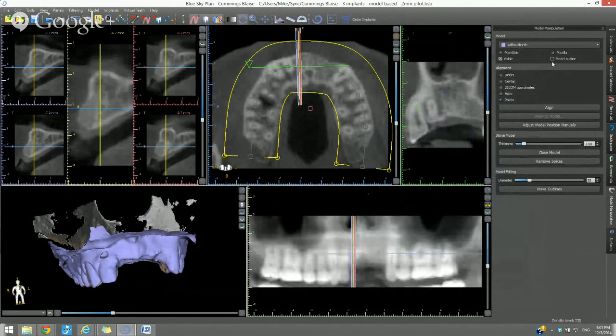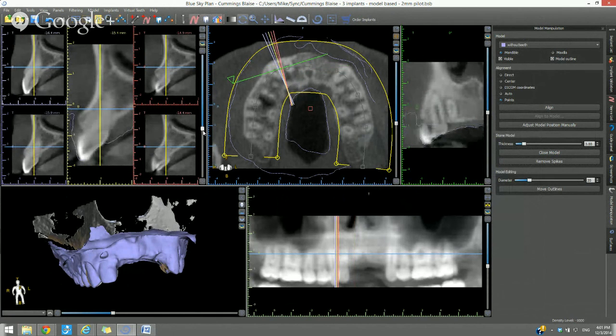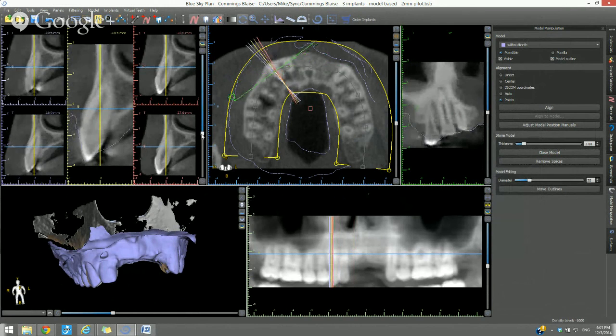A word about confirming the merge. You could do that just by clicking on the model outline button here, and we could see the outline of the STL model in the 2D views. And a good way to confirm the merge is by looking around the areas where there are teeth in the 2D views, and you want to see that the outline